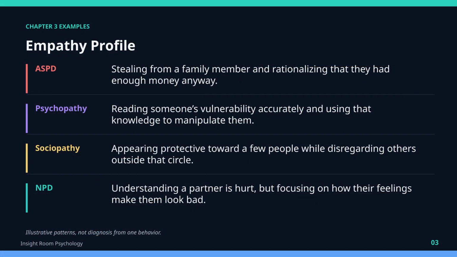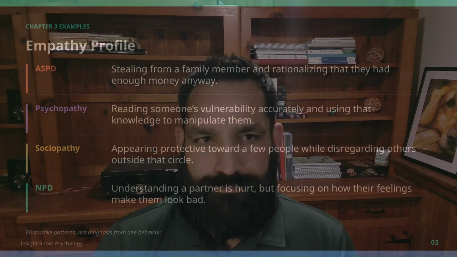With psychopathy, empathy deficits are often discussed more specifically in terms of affective empathy. A person may be able to read emotions very well, but not emotionally resonate with the distress they're perceiving. For example, someone may accurately identify another person's insecurity, fear, loneliness, or longing for approval, and then use that information to manipulate them. That is cognitive empathy being used without compassionate empathy. With sociopathy, people often use the term to imply low empathy, but because it is not clinically defined, we cannot be precise.